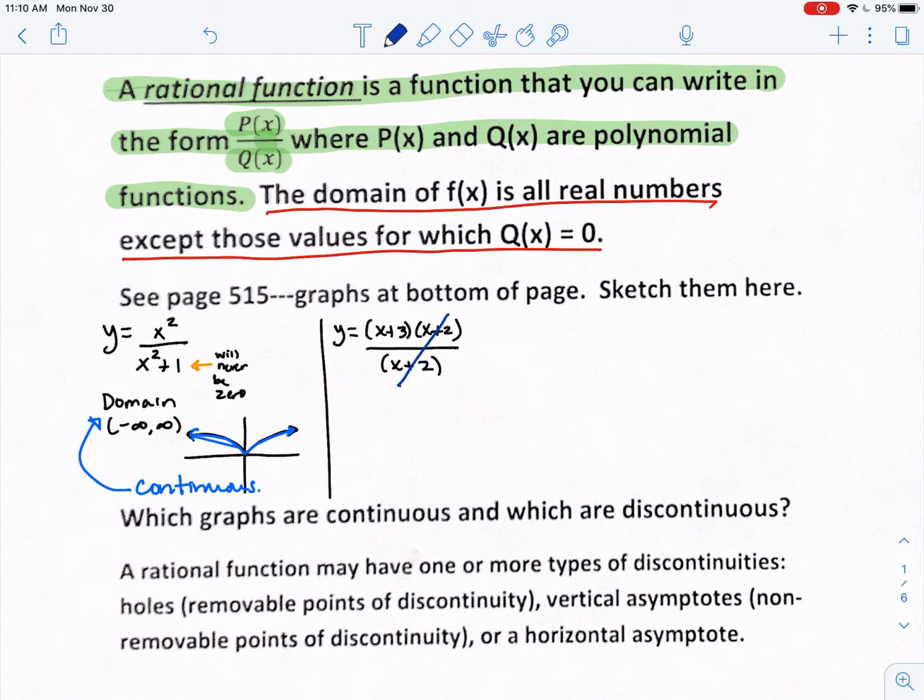Okay, well, that leaves me with y equals x plus 3. Now that's all great except it did have a denominator, and the denominator can't be 0. So when does it equal 0? At -2. That means I'm going to have a hole